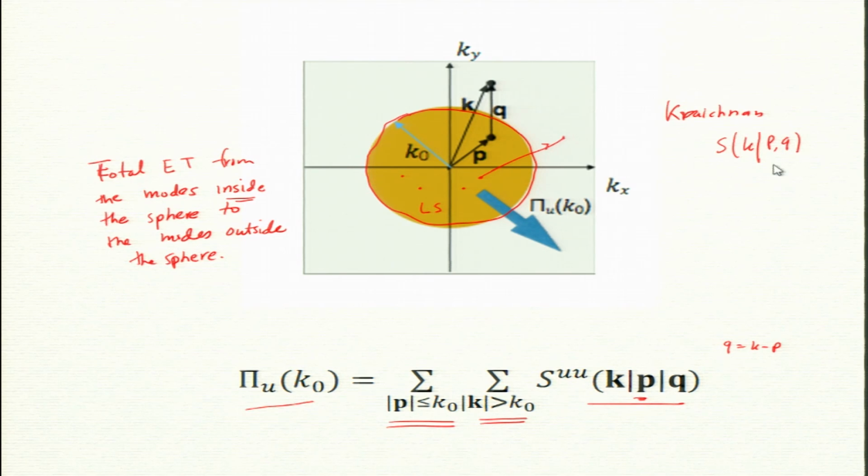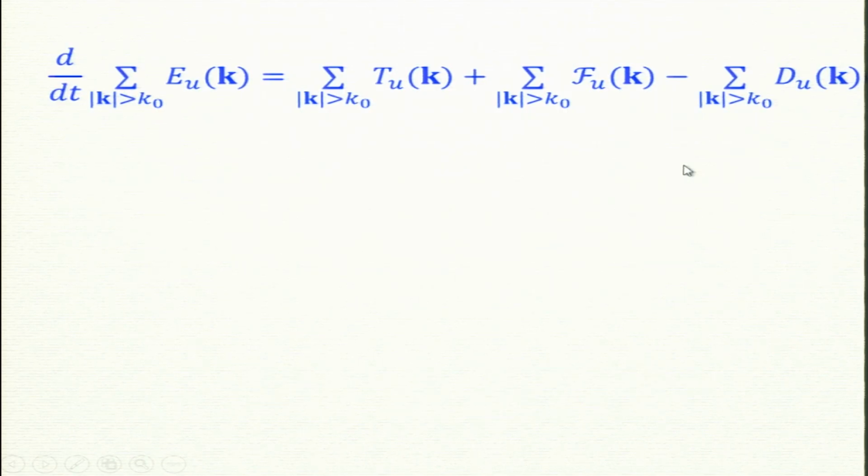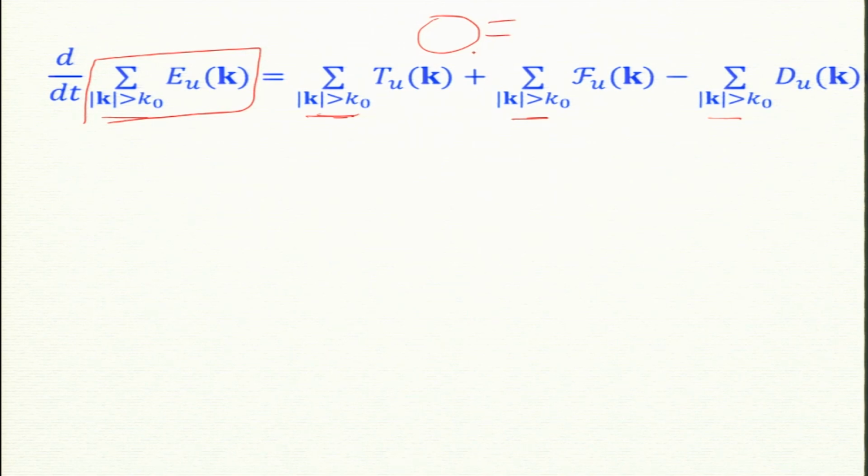Now, we also can get this flux from some other formulas. This is a formula for flux which we use for computing in computer simulations and various calculations, but let us see it from some other perspective. I wrote a formula without the sum earlier. Remember d by dt of modal energy is T(u_k) plus force and dissipation. Now, I am just introducing the sum over modes outside the sphere. So, what does it mean? This corresponds to the sum of the energy of the modes outside the sphere.